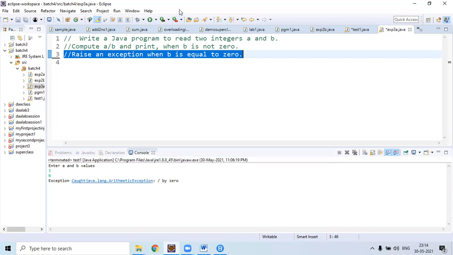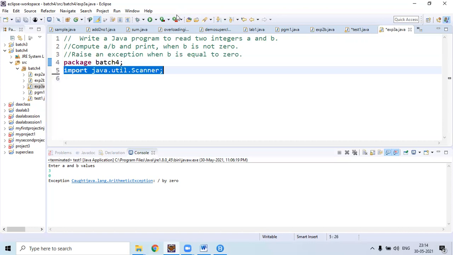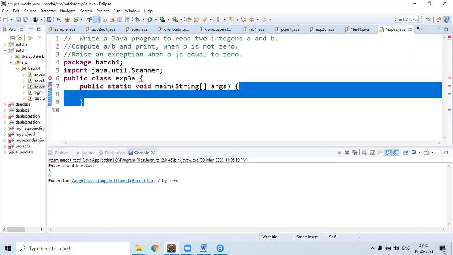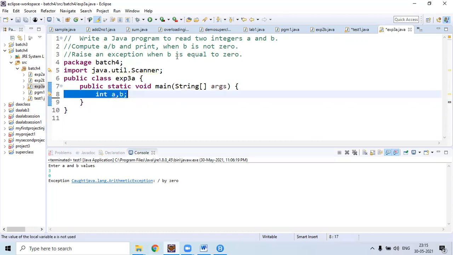Here, first package statement, then next import scanner for reading purpose, then initialize a main class and main method. Inside a main method, declare two members a and b with data type int.